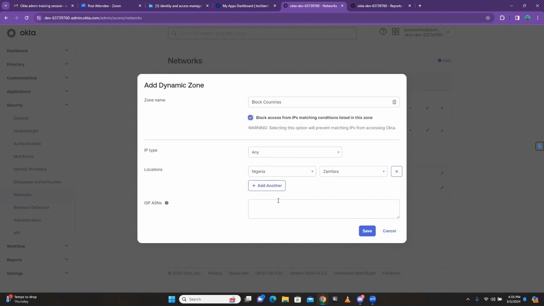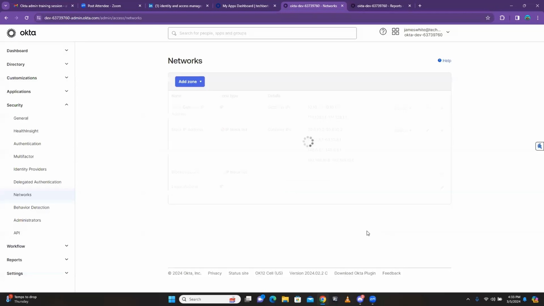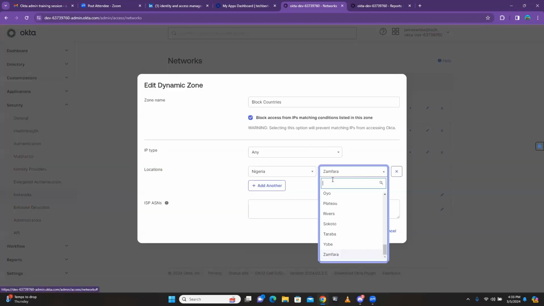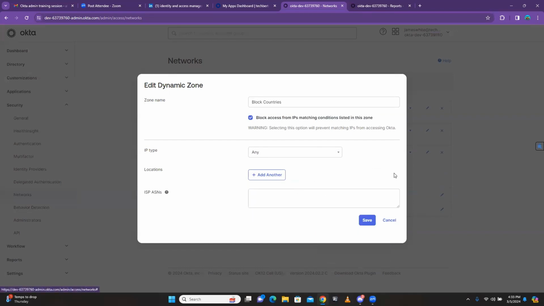Now if anybody is coming from Nigeria, from Zamfara state, that person cannot get access to Okta. But if the person is coming from Nigeria, Enugu state, the person can get access to Okta. Perfect. I hope you understand that point. Okay, now let's save. Now let's modify it a little, because this time we want to block everybody in Nigeria. We can just delete this one and come back, add location, and